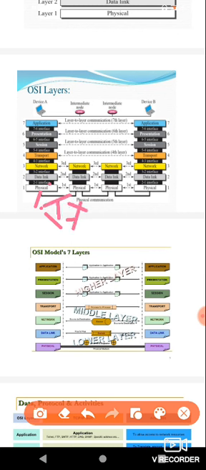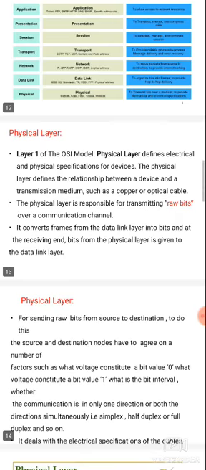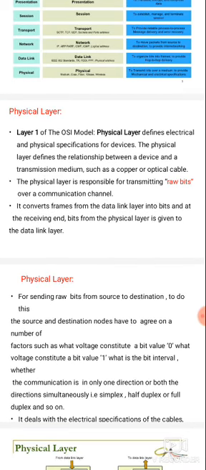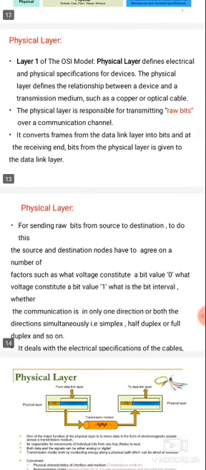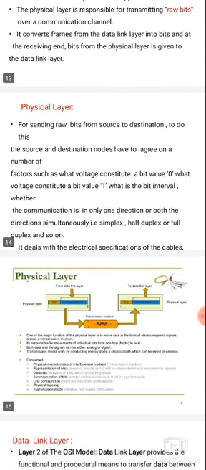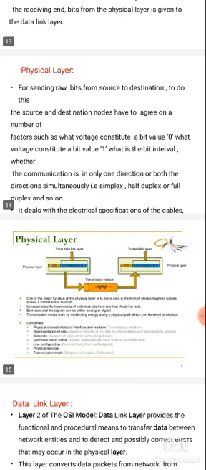At the receiving side, the frames are converted back into raw bit information. So at the transmission section, the raw bits are converted into frames in the data link layer, and at the receiving section the frames are reconverted into bits, and the bits from the physical layer are given to the data link layer. The physical layer is also responsible for sending raw bit information